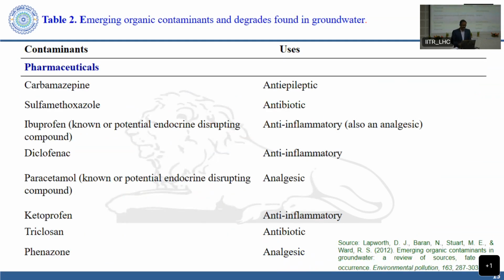I have given some of these pharmaceutical emerging contaminants in tabular form here. Carbamazepine, sulfa drugs, and ibuprofen are medicines generally consumed mostly by people. This is an anti-inflammatory, also an analgesic. Then diclofenac, this is the anti